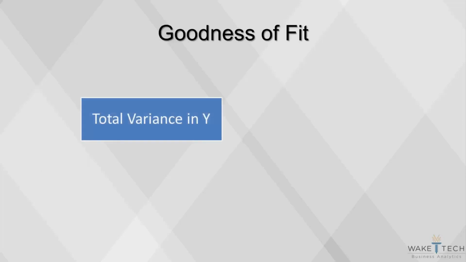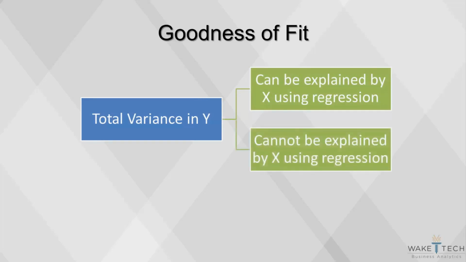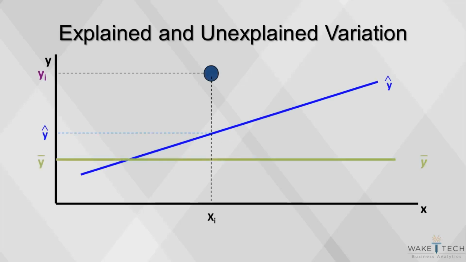The total variance in y is divided into two parts, that which can be explained by x using regression and that which cannot. No line is perfect. There's always some error in the estimation. Unless there's a comprehensive dependency between the predictor and response, there's always some part of the response, y, that can't be explained by the predictor, x. Using the mean value of y as our reference point, we can decompose the total error in measurement between the part that is explained by the regression line and the part that remains unexplained.